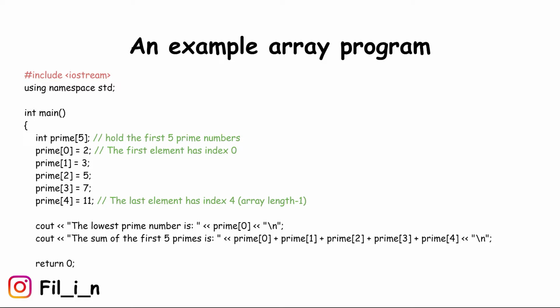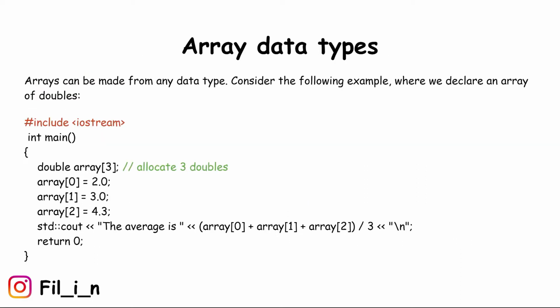The lowest prime number is prime[0]. The sum of the first 5 primes is prime[0] + prime[1] + prime[2] + prime[3] + prime[4]. return 0; }